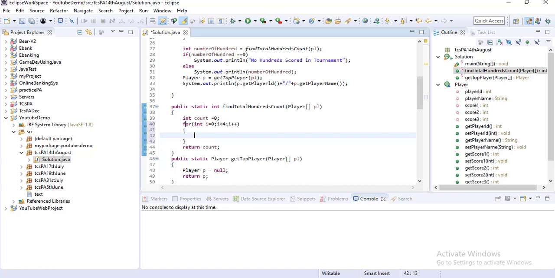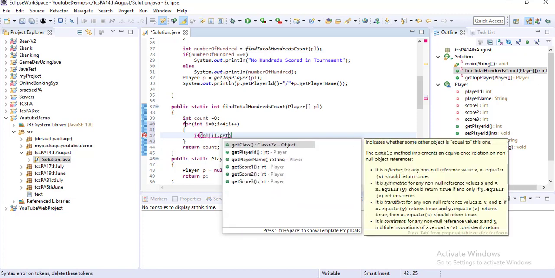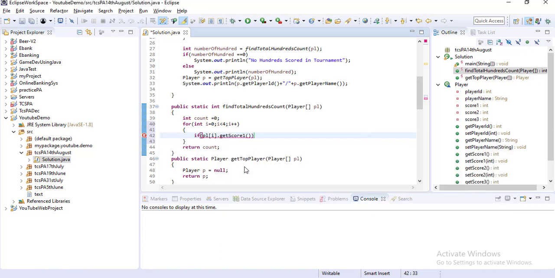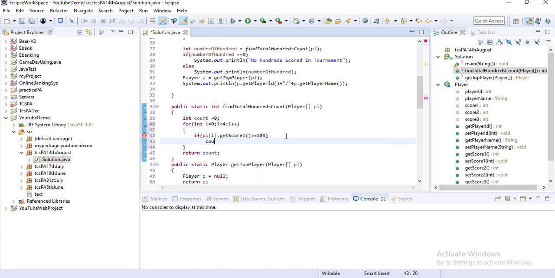So what you have to check is: if pl[i].getScore1() is greater than or equal to 100, then for every time you have to increase the count value, count plus plus.